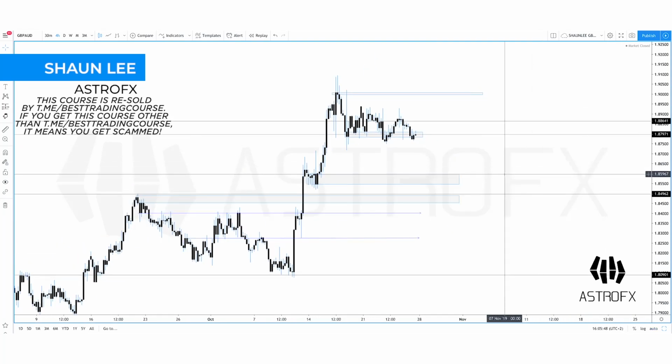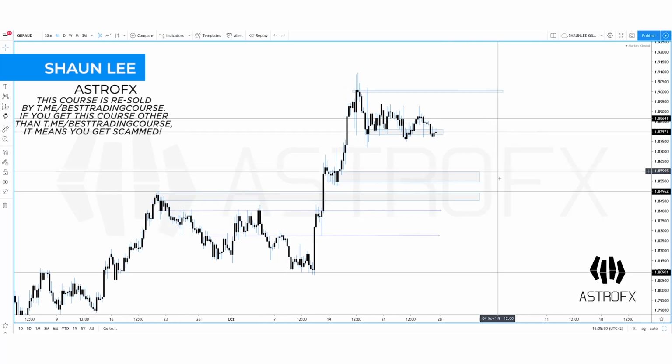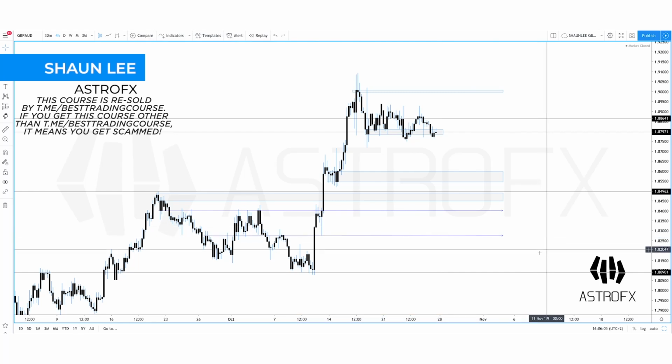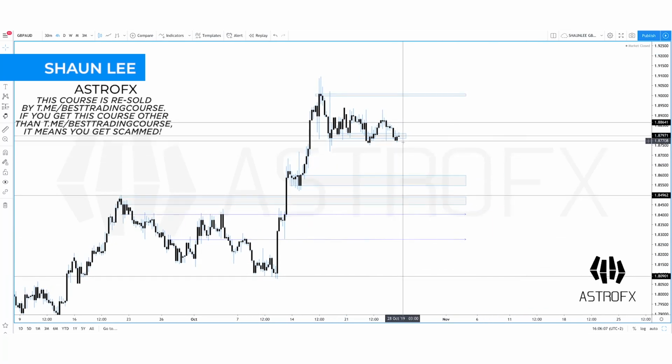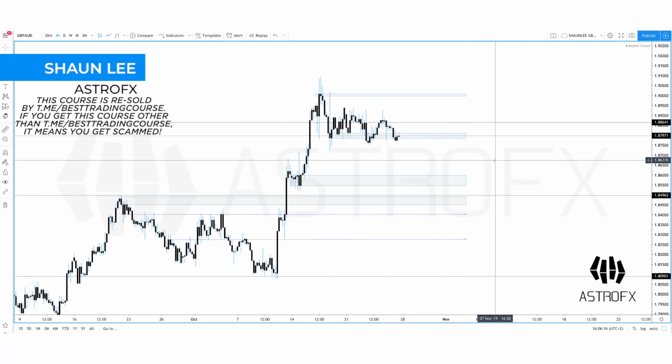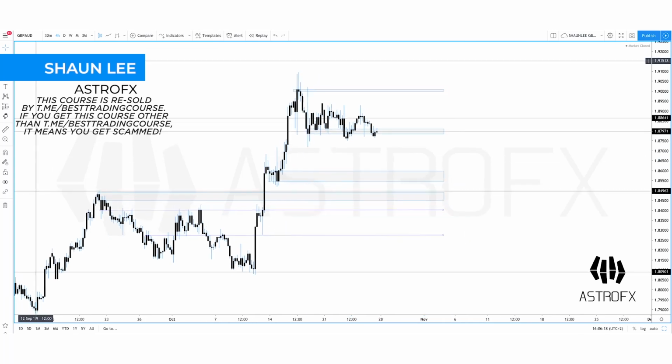Now, GA, let's bring this across a little bit more. So you don't have to be super OCD when you're bringing your levels and areas across. As you can see, it doesn't matter too much as long as you can see them, and it gives room for price to fall or rise into these areas. This one, that's great right there. Alright, so GA, what I'm going to do here is